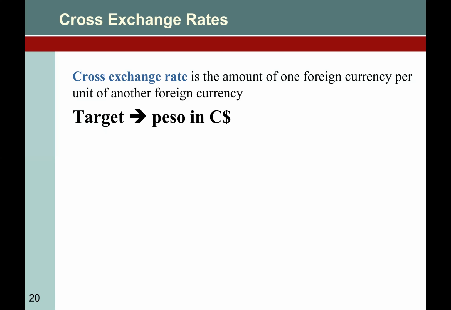Okay, class, welcome back after the break. Okay, let's talk about the cross exchange rate. So cross exchange rate is the amount of one foreign currency per unit of another foreign